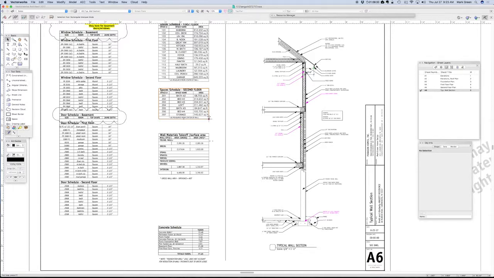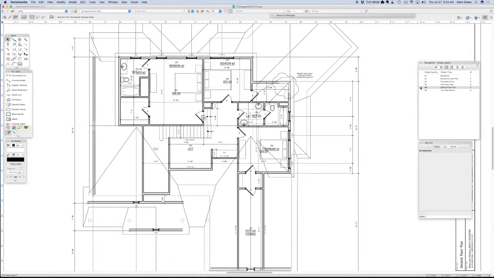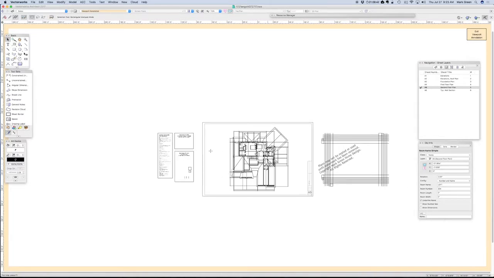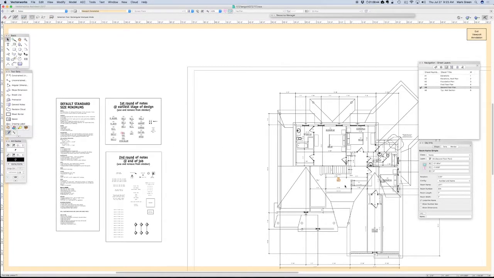And my thought is that instead of putting these notes in the annotations, grabbing them from off to the side here and dragging them on, and also doing the